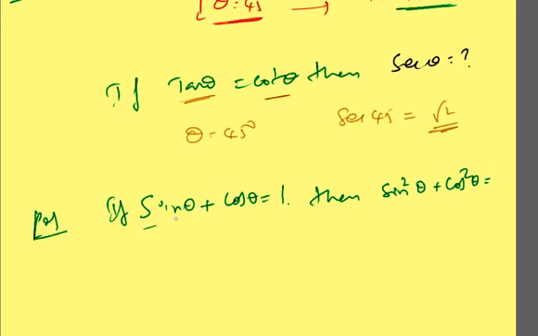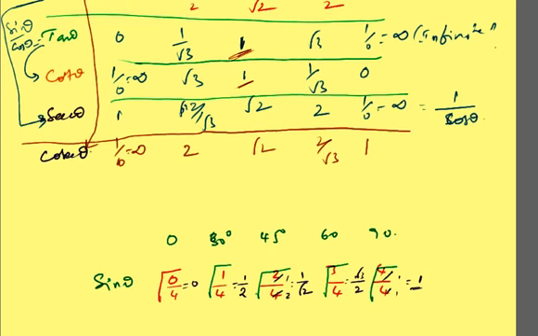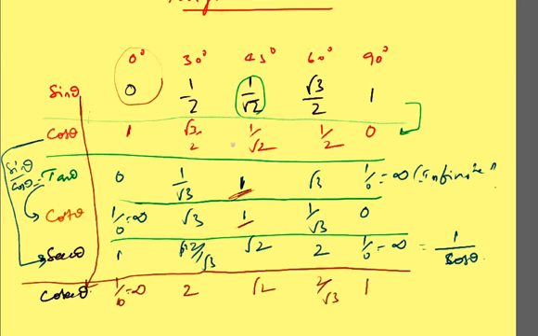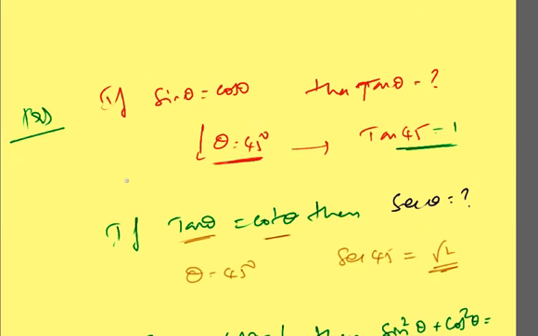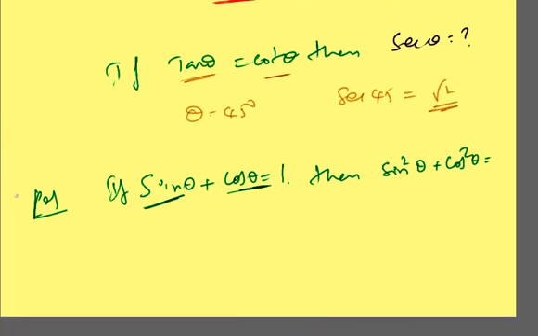So friends, whenever these kinds of things are given, just go through the table we have seen. Take two values of sine and cos, add them, and wherever you get 1, just check it out. See here, sin 0 is 0 and cos 0 is 1, add these two values, it is 1. So at theta equal to 0 degrees, sin theta plus cos theta is equal to 1. By this simple observation we can clearly say that sin theta plus cos theta is equal to 1 means theta is equal to 0 degrees. Put theta equal to 0, this will become 0, this will become 1.